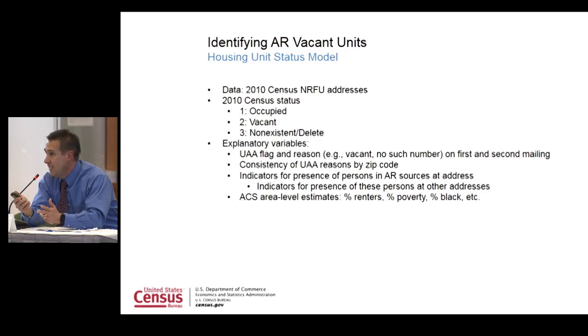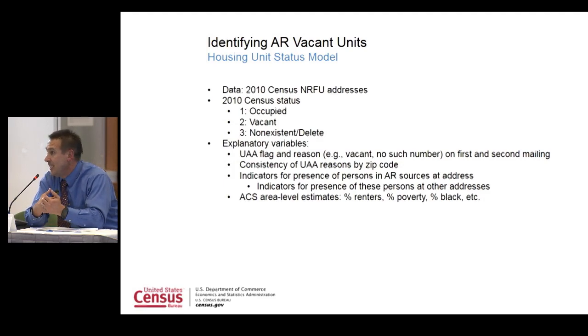With looking at these codes, we did see some inconsistencies as part of our analysis when looking at past tests, the 2015 National Content Test, and also looking back at the 2010 data. Is there consistency of codes between the first mailing and the second mailing? Based on seeing that, we were able to add in a kappa coefficient, looking at, based on having these two codings within a zip code, how often we see agreement of those codings or differences. So that was another covariate which we were able to add into this test.